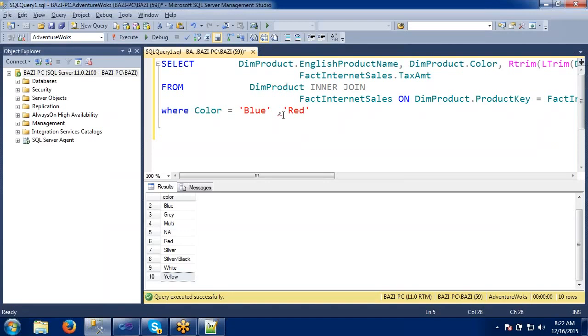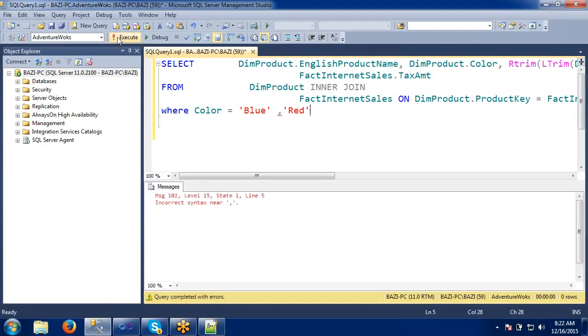When I apply this query, will it work fine? Let me execute this one. It is saying there is some issue here. What is that issue? You have given one variable, but you are passing multiple inputs to it. Then how can it take these values? Make it a scalar.